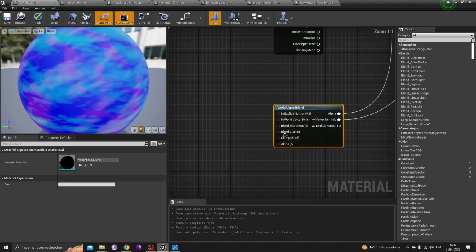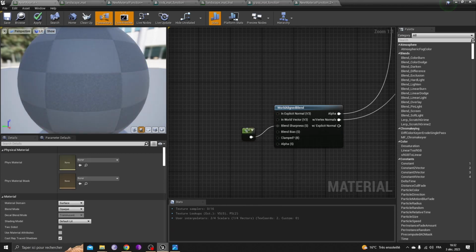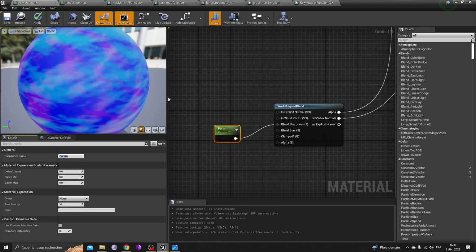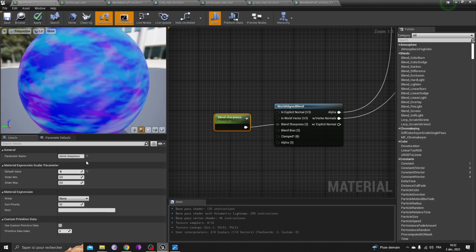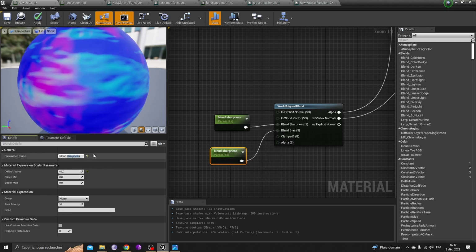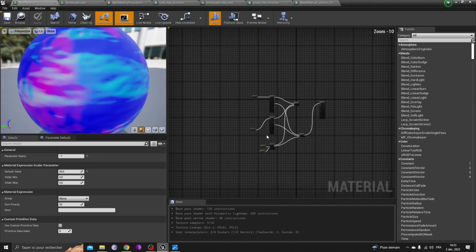Great. Now, guys, for the blend sharpness, you drag a type constant like this, convert it to a parameter like this, name it blend sharpness, and give it a default value of 45. Sorry, it must be 45 like this. You copy-paste, link this to blend bias, and here you will type -7 as a default value. Okay, guys, and now